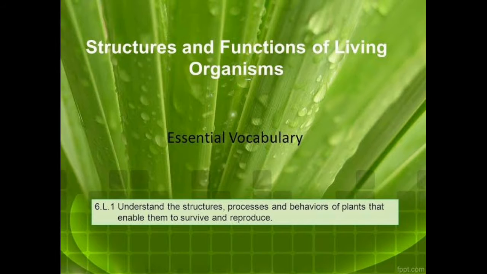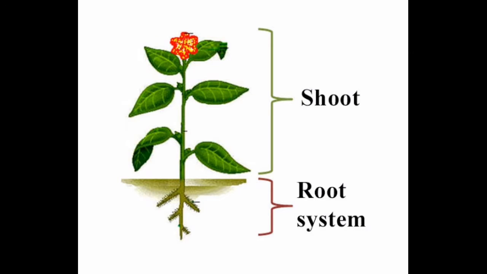Good morning, children. Today we are going to start our new chapter, that is chapter number 8, Structure and Functions of Living Organisms 1. In this chapter we are going to read about parts of the plant. You can see in this picture the whole plant is divided into two parts, that is shoot system and root